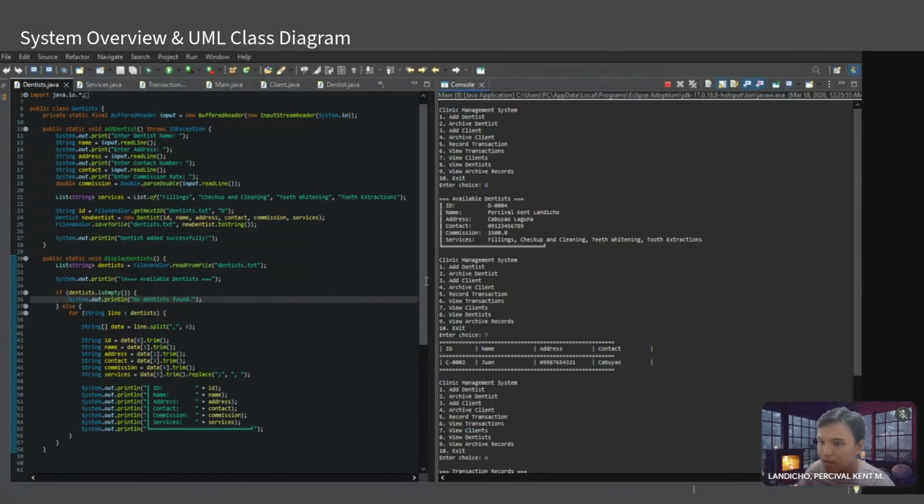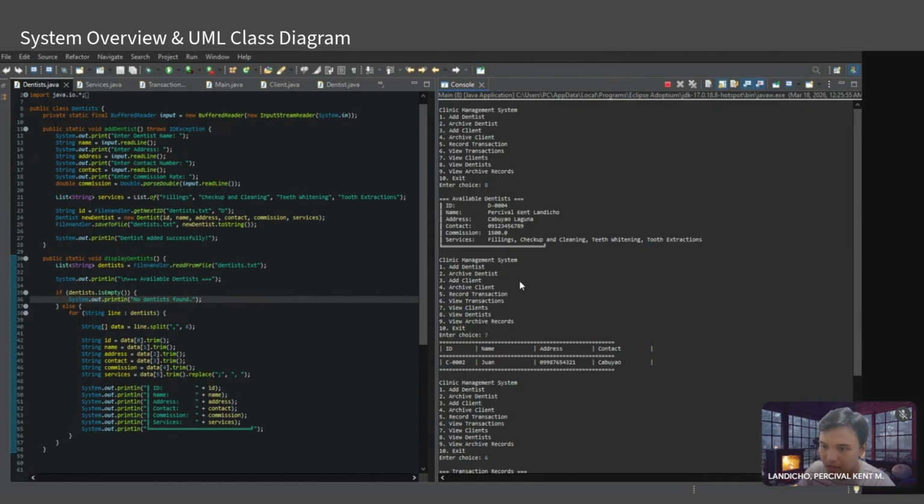When a dentist is added to the system, a dentist object is created and saved to the dentist text file. When a client visits, a client object is created and stored in the client's text file.